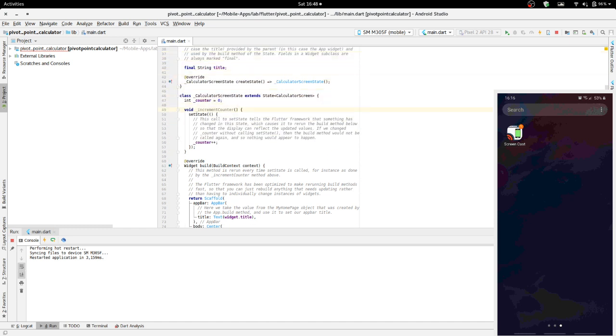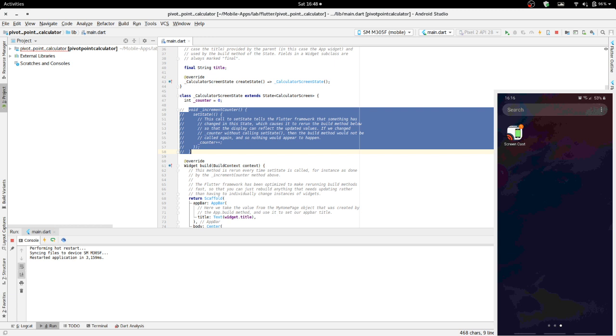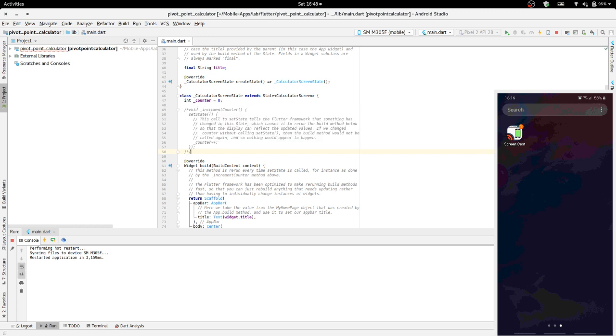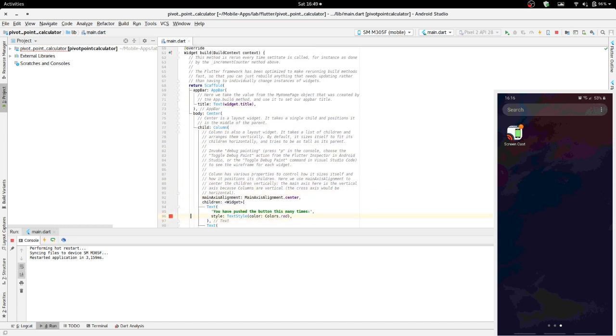Increment counter is unused because we have removed it. Let's just keep this commented so we can copy this and paste it later. App bar is good, body is also good, but now here we need